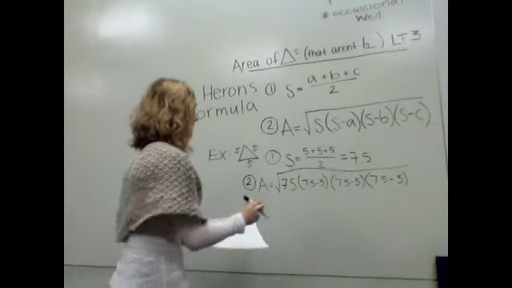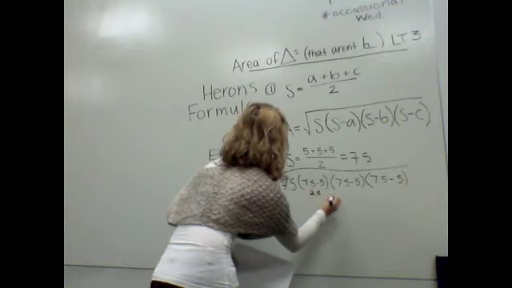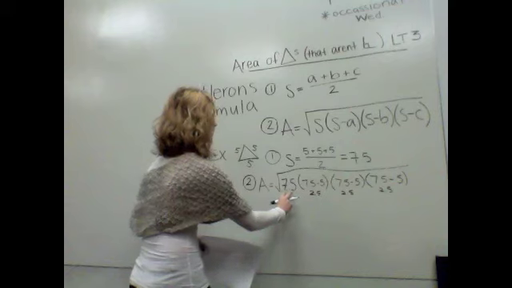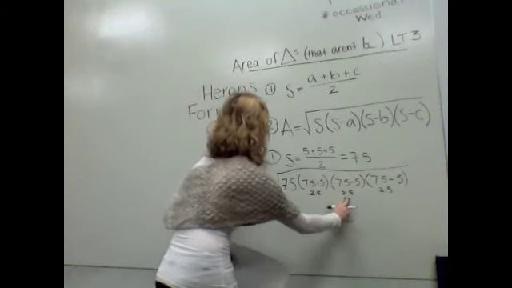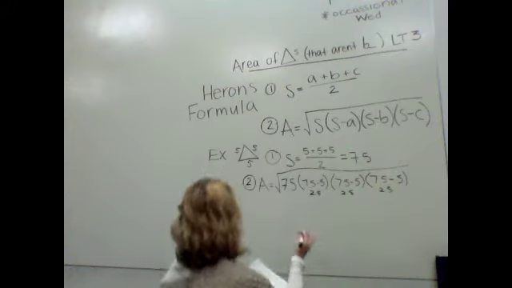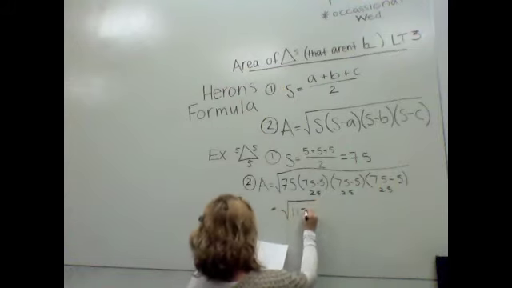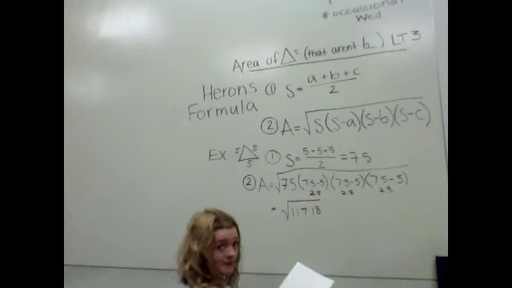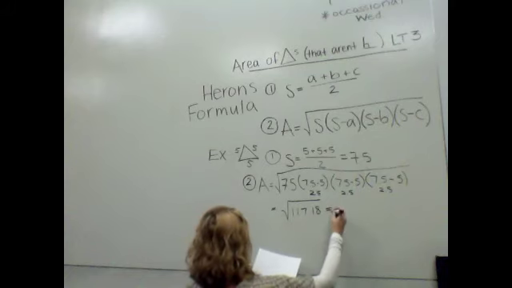So I'm going to do a little bit of math here. I know 7.5 minus 5, that's always going to give me 2.5 for all of these quantities. So I really have whatever 7.5 times 2.5 times 2.5 times 2.5 is. And this ends up becoming the square root of 117.18. Again, you're going to start to round. It's going to be a little bit different than what maybe I have. When I take the square root of this quantity, I get approximately